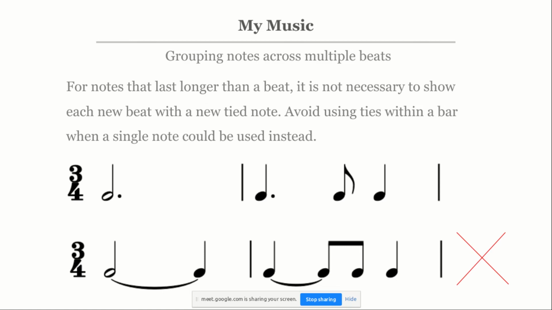Hi, I'm home now. That last bit, unless you are crossing a bar, that's when you can tie. I think I did get that one. Mostly when we learned about ties, we learned that they are usually used to cross the bar. So if you want 2 minims and you have 3/4, you can only get 1 minim and a crotchet in one bar. So you can tie that last crotchet to another crotchet in the next bar to achieve a minim across the bars. You should go and watch that video again. Yeah. Okay.